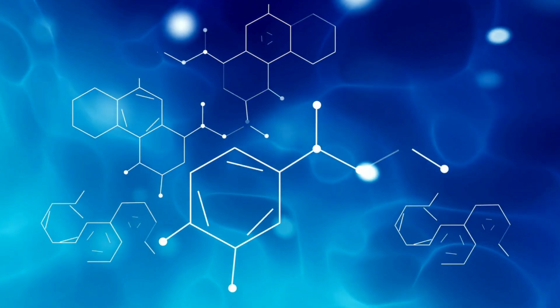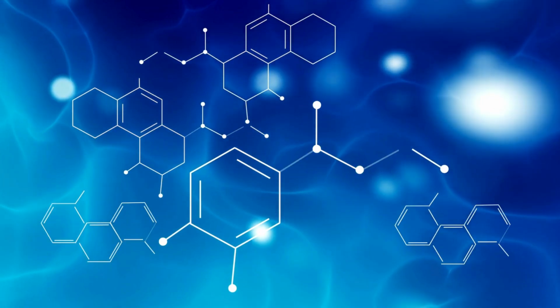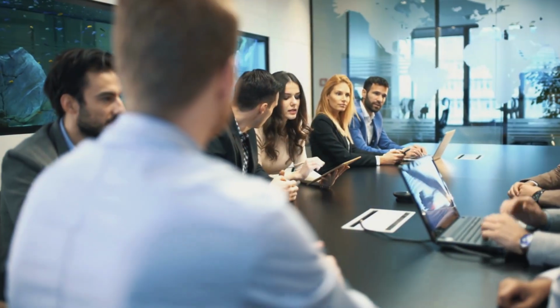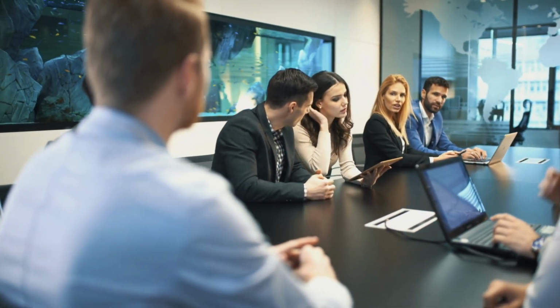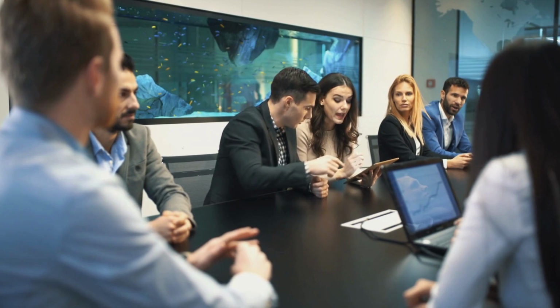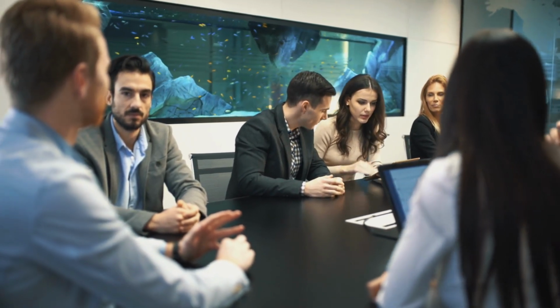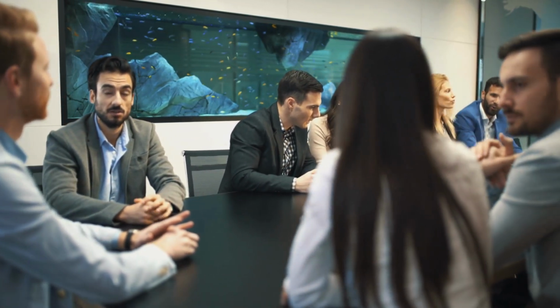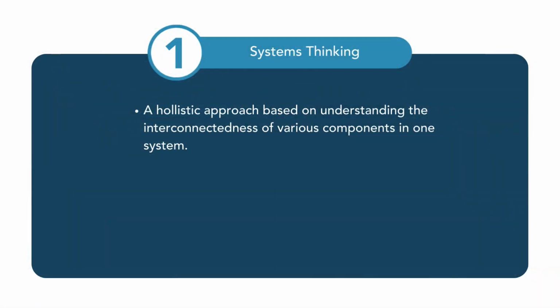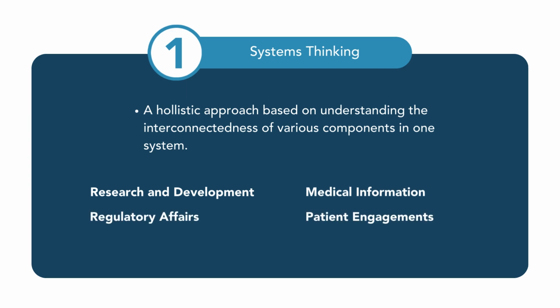In the context of medical affairs, systems thinking requires teams and colleagues to view their department as a dynamic system with multiple interconnected elements, such as research and development, medical information, regulatory affairs, patient engagement, regulatory compliance, and